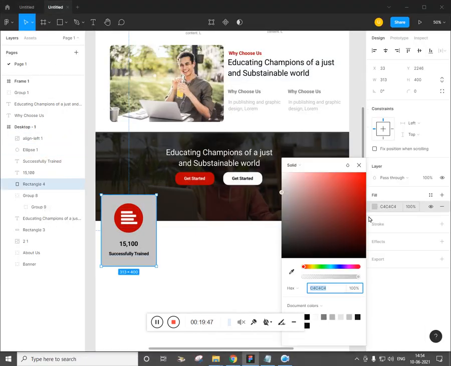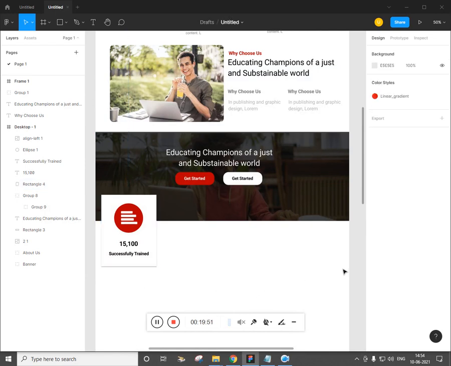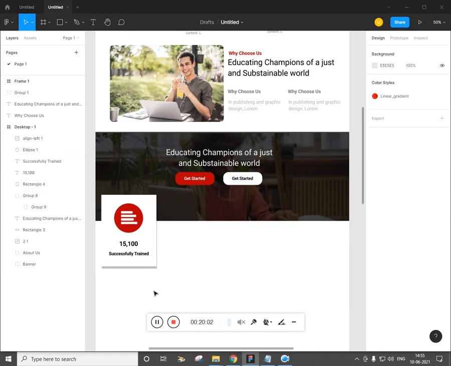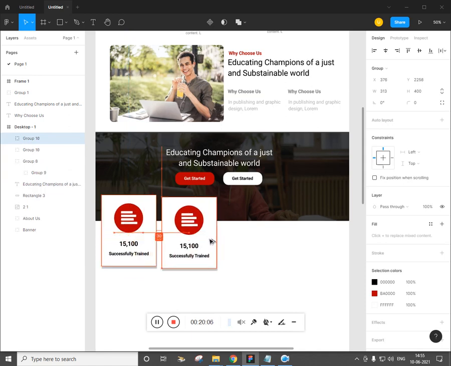Okay, we'll fill these to white, and if you want, click on effect, a box shadow will be added, and if you want to change the box shadow, this is left and this is top and bottom. And that's cool. Now select these and make it as a group, and alt drag,